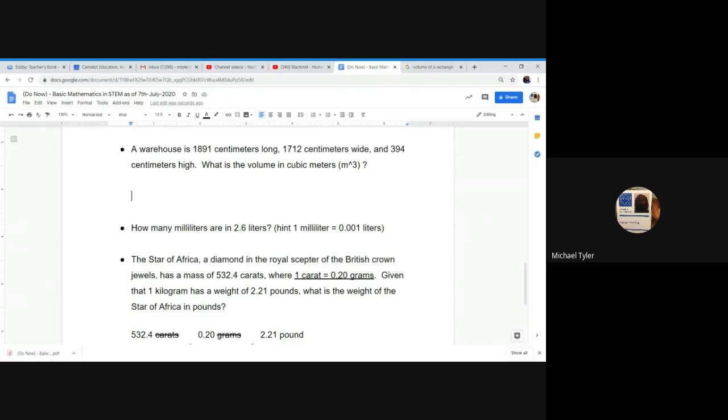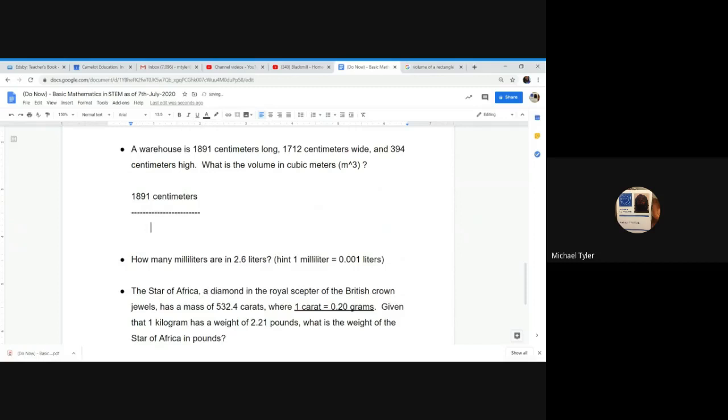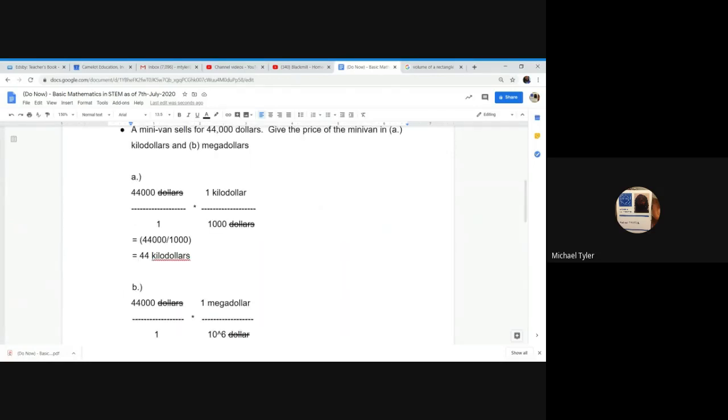So let's start with the first one, 1891, and that's in centimeters. Let's see if you were following along earlier today. Maybe you can tell me how to convert this down to meters. How would I do that? Now, if you're not sure, just review your notes from earlier. I just set it up as a fraction because it's the first one we're converting. If you go to the previous problem, go up to the top up here. You see this? Remember we was doing this?